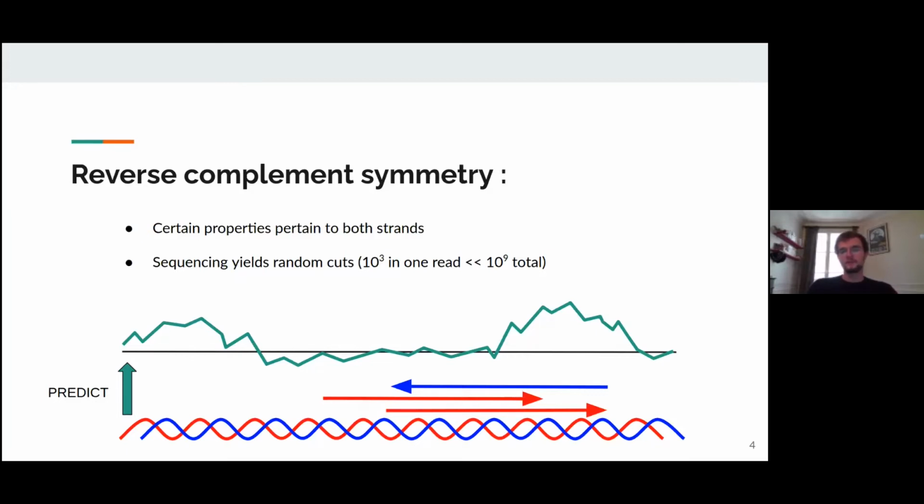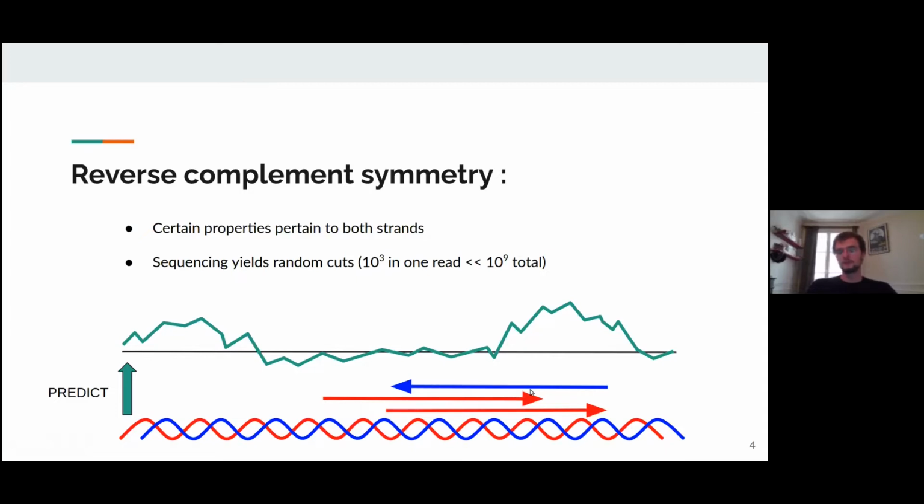And so that's what I've depicted on the bottom as a teal line. So some regions have a higher affinity and some others have a lower affinity. For instance, you might be interested in predicting these teal lines from the DNA molecule, and more specifically, because we don't have direct access to the DNA molecule, you have to predict those from reads that I have here